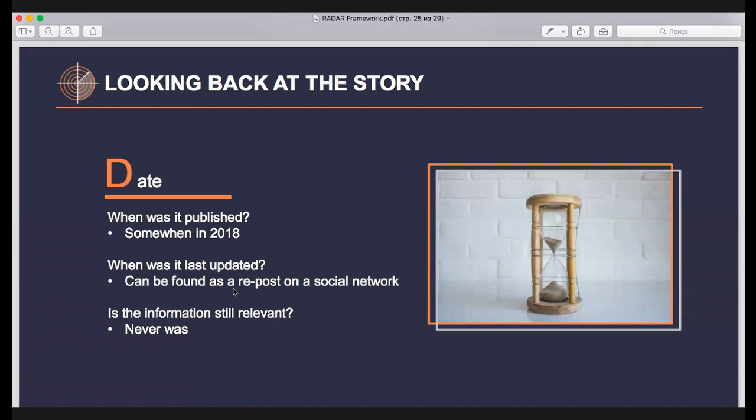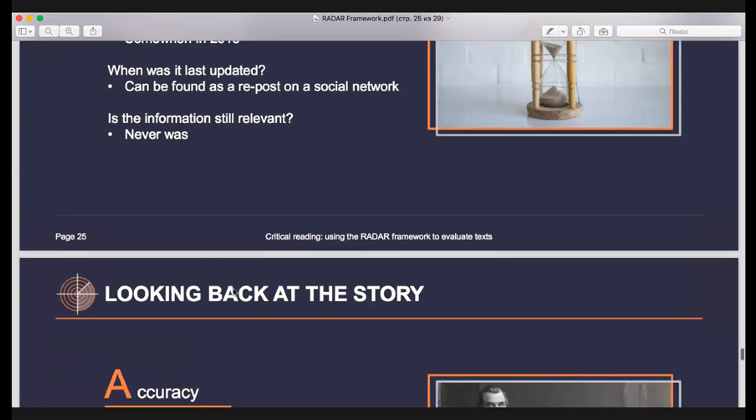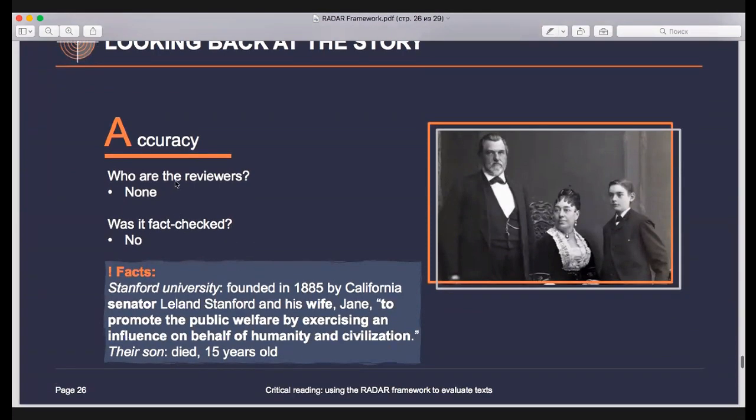It has never been relevant, but it is circulating on social networks as a historical fact. So accuracy: who are the reviewers? Nobody, none. Was it fact-checked? No, because the fact is that yes, Stanford University was founded in 1885 by Leland Stanford, and he was